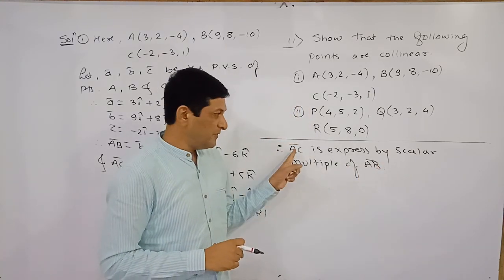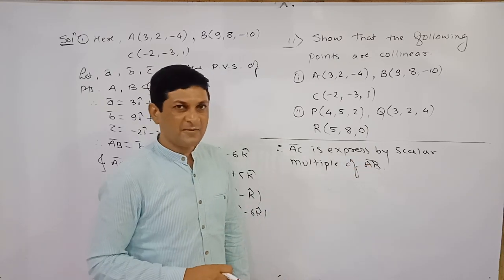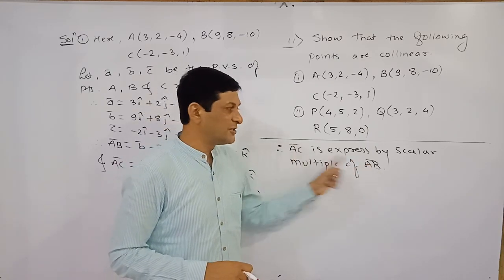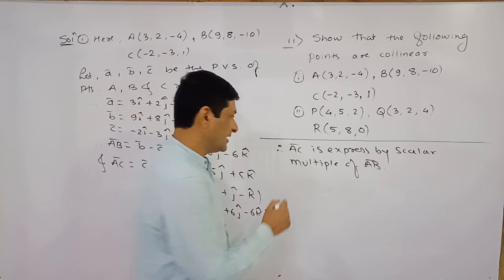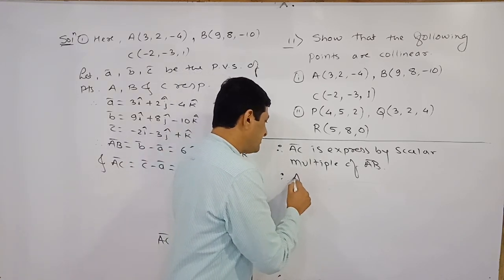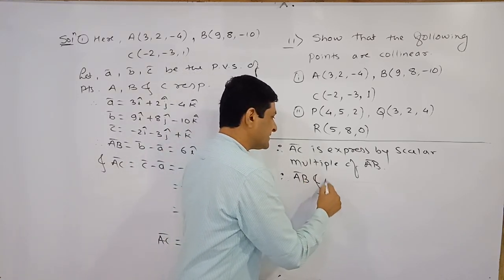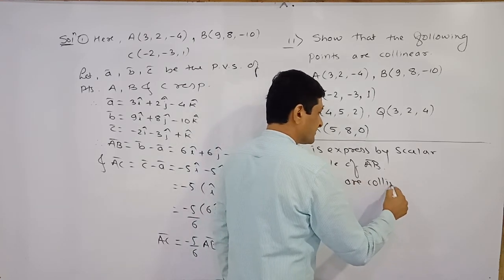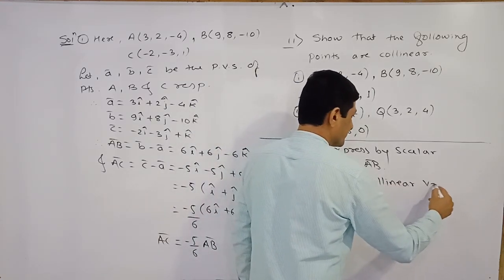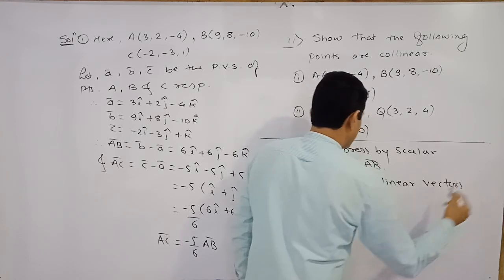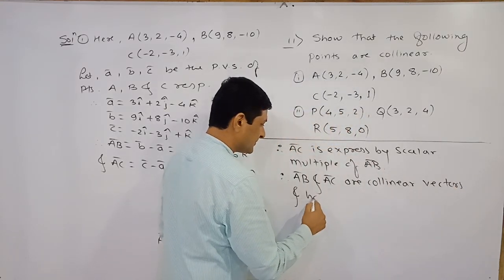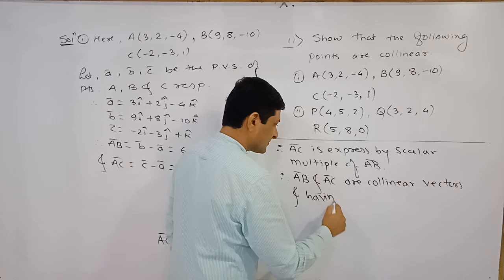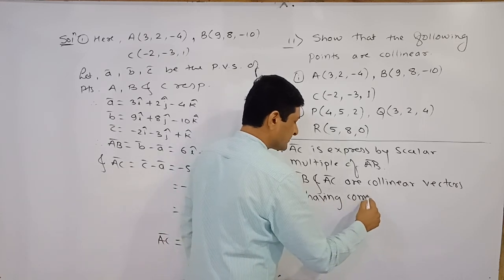And we know that if one vector is expressed by scalar multiple of another vector, at that time we can say that these two vectors are what? Collinear. So therefore AB bar and AC bar are collinear vectors, and having common point